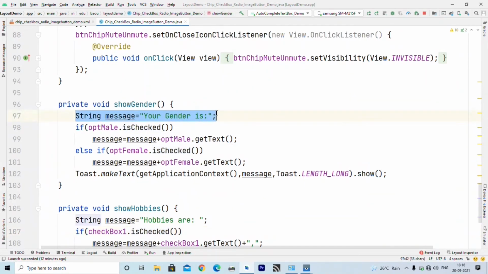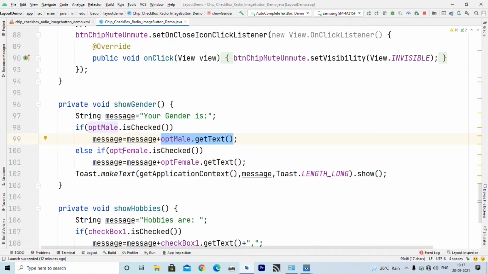So here I write a string variable with initial text "your gender is", and then I write if opt male dot is checked. Is checked means if it is checked, then we write message plus get text, which is male. So now my message string is "your gender is male".